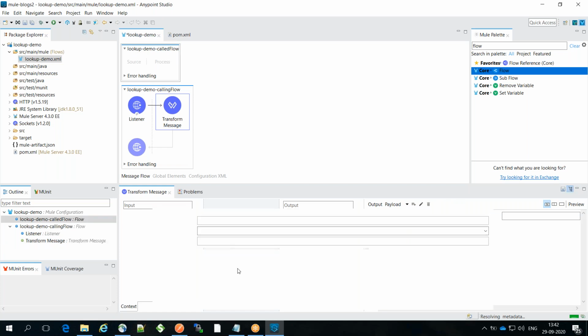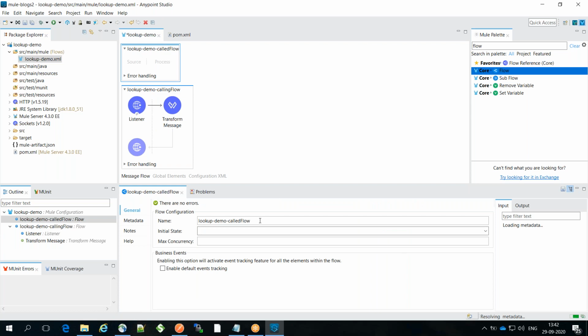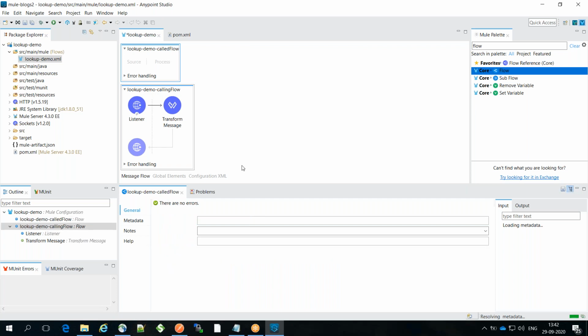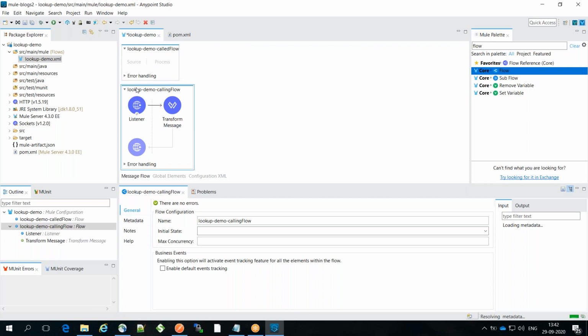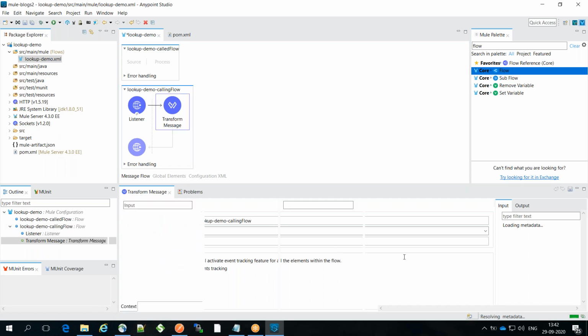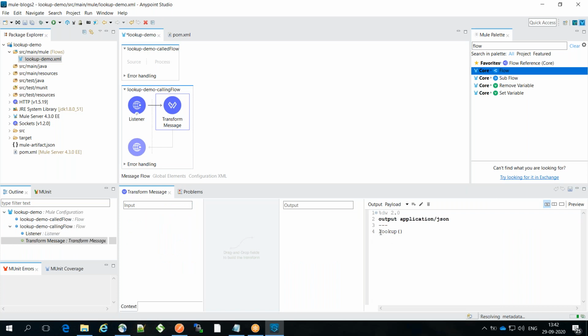Whenever you use any function, typically you need to mention the library where it comes from. You need to import that library, otherwise you may not be able to use that function. But for this one, I think it's not mandatory. Lookup can be used without giving the reference of the library because some of the libraries are by default imported in any Mule project. But still, to be on the safe side, if you want, you can write it like this. It is as good as Mule being the library, and within that library, the lookup function is there.